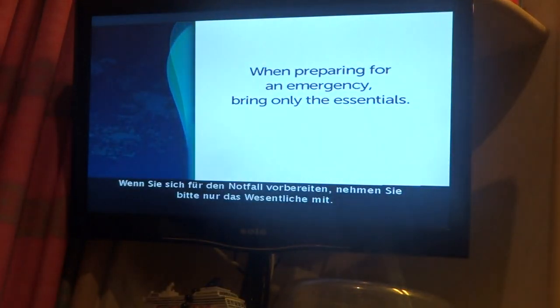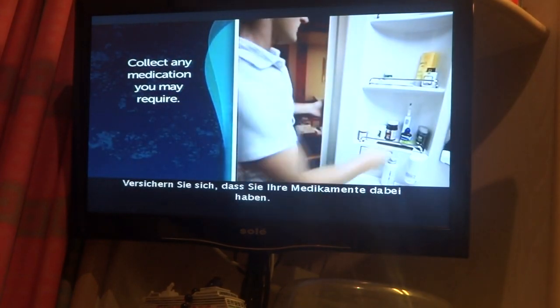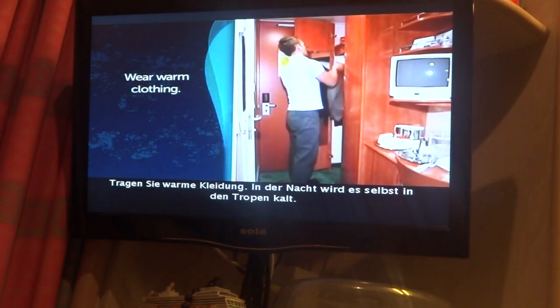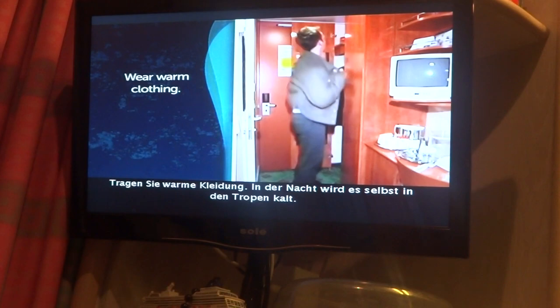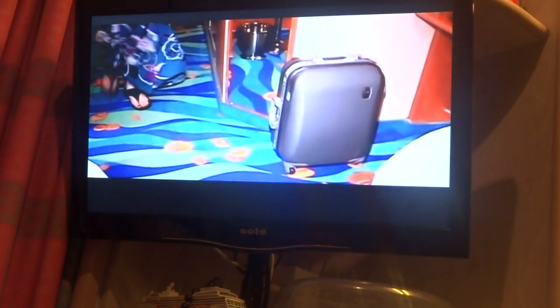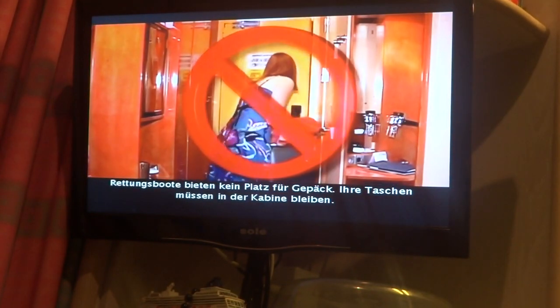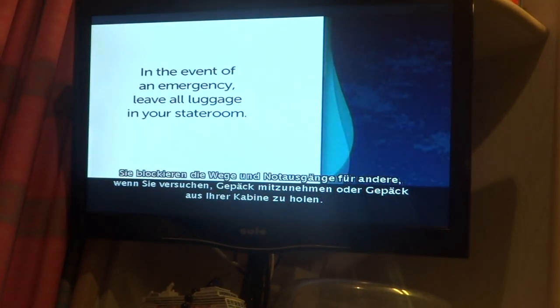When preparing for an emergency, bring only the essentials. Be sure to collect any medication that you may require. Wear warm clothes. It gets cold at night, even in the tropics. There is no room in the lifeboats for luggage. Your bags must be left behind in your stateroom. Trying to bring them with you, or trying to return to your stateroom to collect them, will block the passageways